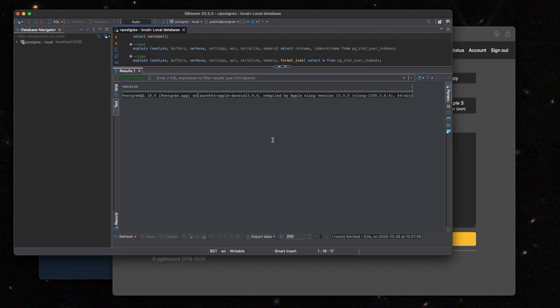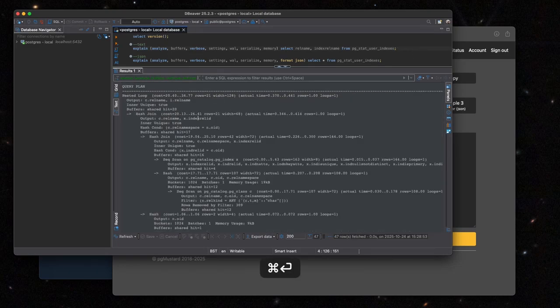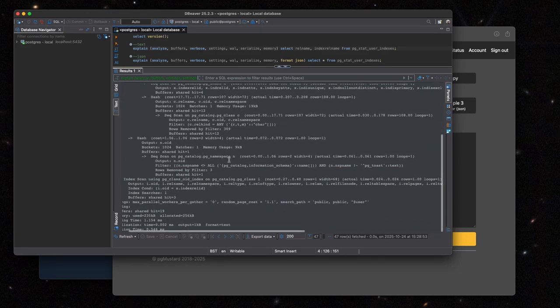Query plans from DBeaver. So we are running Postgres 18 locally here on a Mac, and I'm going to run explain and analyze with a bunch of other parameters that I recommend using on a relatively simple looking query that does a bit more behind the scenes so that we do get a bit of structure in our query plan. So I've just executed that, and we're currently in the text view, and we can see a text format explain